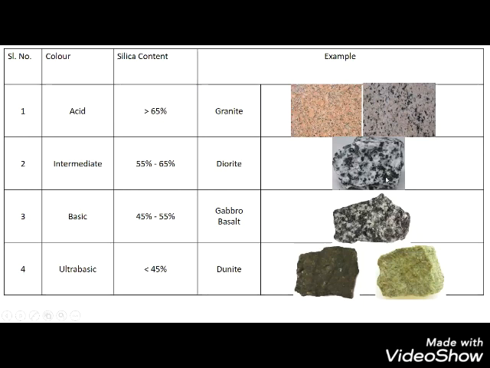You can observe in the photograph over here. Basic igneous rock will have between 45 to 55% silica. So you can see darker minerals over here. And in the ultra basic rock, it depends upon the composition. If the mineral that is solidifying is olivine, it forms a rock called dunite and it will be green in color. And if it is pyroxene, it will be black in color. So based on color, you can easily identify the igneous rock. Color becomes one important parameter for the identification of igneous rock.